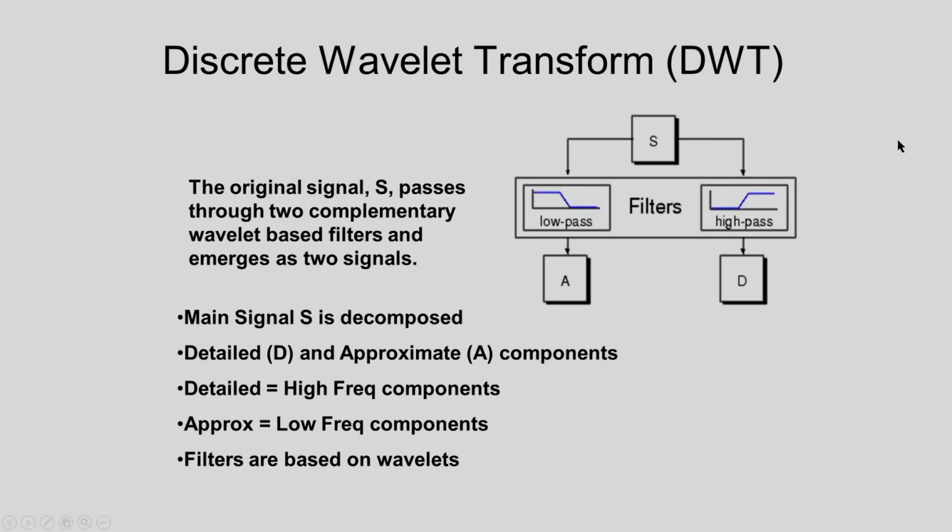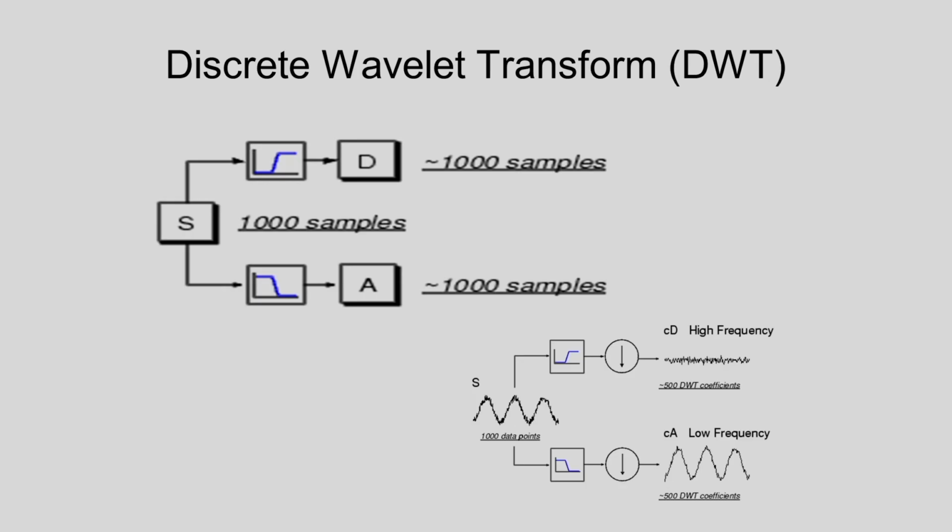In this figure also I am considering the decomposition of a particular signal, that is the discrete wavelet transformation. For decomposition of the signal, I am considering the low pass filter and the high pass filter. So I will be getting the approximate component and the detailed component. So this is the decomposition of a particular signal. In this case also I am showing one signal, the 1D signal, and I am considering one low pass filter and one high pass filter to get the approximate and the detailed components. So any 1D signal can be decomposed like this.